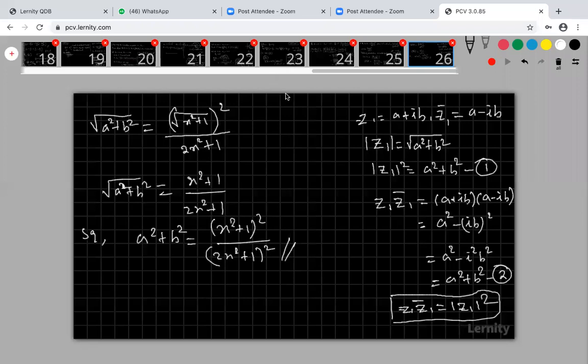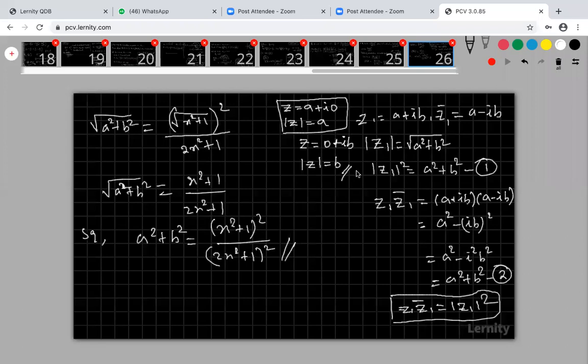Okay, so look at that. If your z is equal to only real part, imaginary part is 0, then what is your modulus of z? Your modulus of z is again a. All of you please take note of that. My z is a plus i0. That means my imaginary part is 0. Then what is my magnitude? My magnitude is nothing but a alone. Sir, what about z equal to 0 plus ib? My real part is 0. What is my magnitude? That is also b alone.